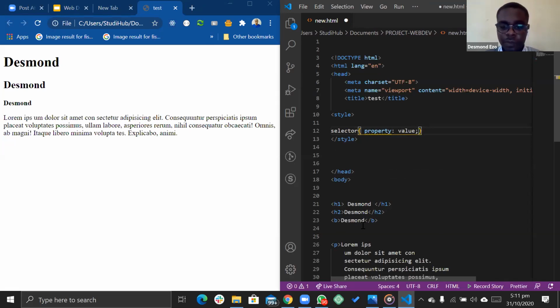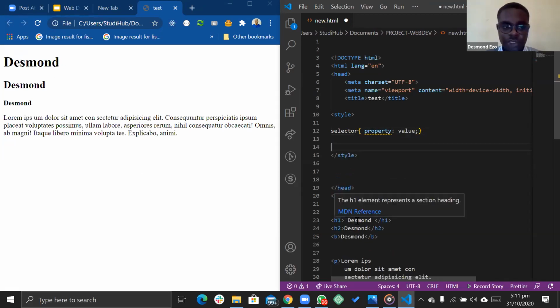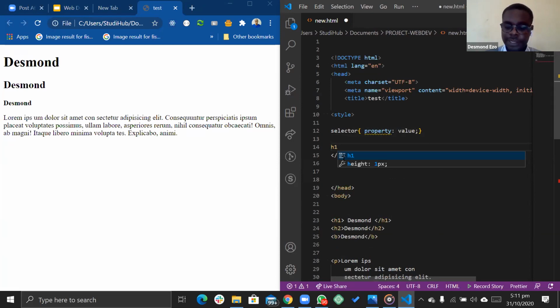So with that in mind, we are going to select this H1 here, and change it to green. We start by doing H1. That's the first thing we need to do. Then our curly braces. Then the property I want to change is the color. So I'm going to spell it as color.